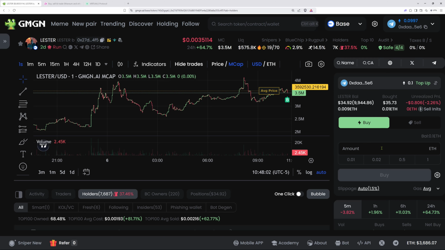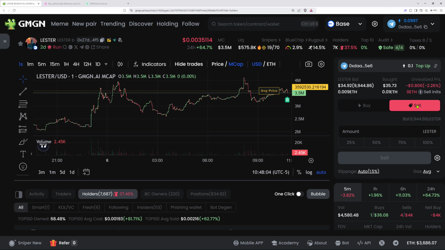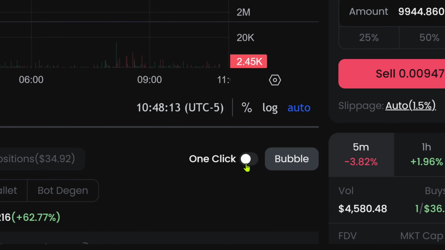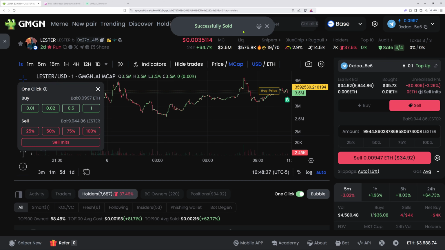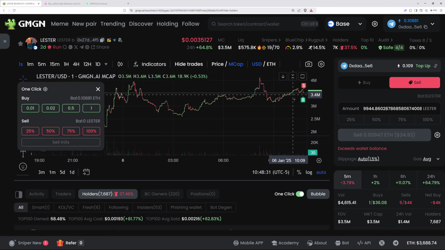All right. So conversely, if you wanted to sell, all you have to do is click the sell button. All right. And you could go 100%, 75%, this, that. Or how about this? Let's just say you see it at a price where you want it and you really want it to sell fast. Look at this. Press this button. Done. Sold. Again, that is far more efficient and faster than trading on Virtuals.